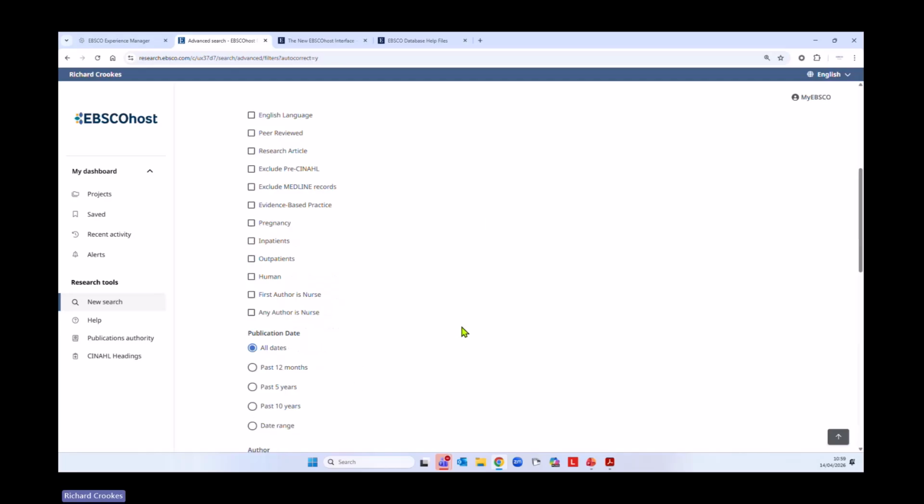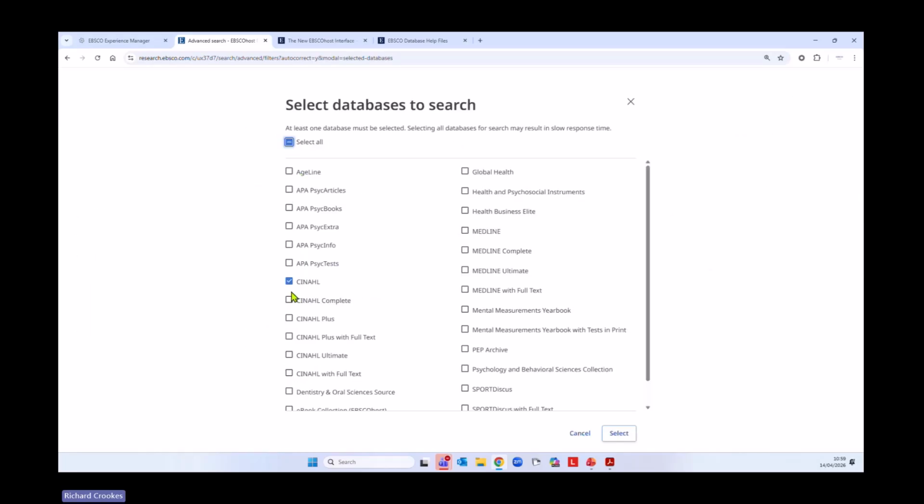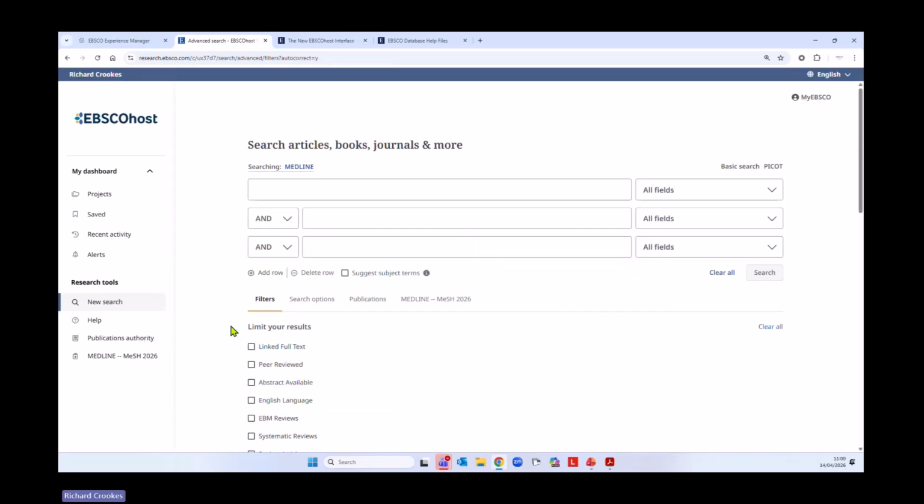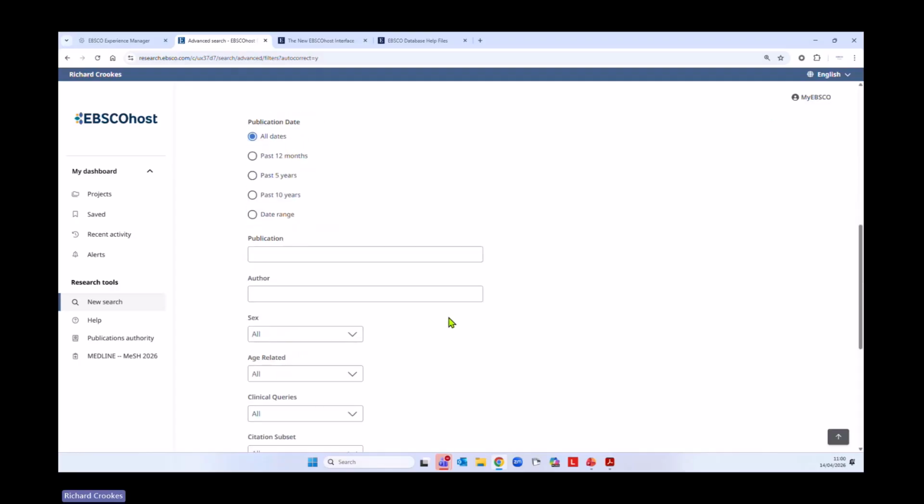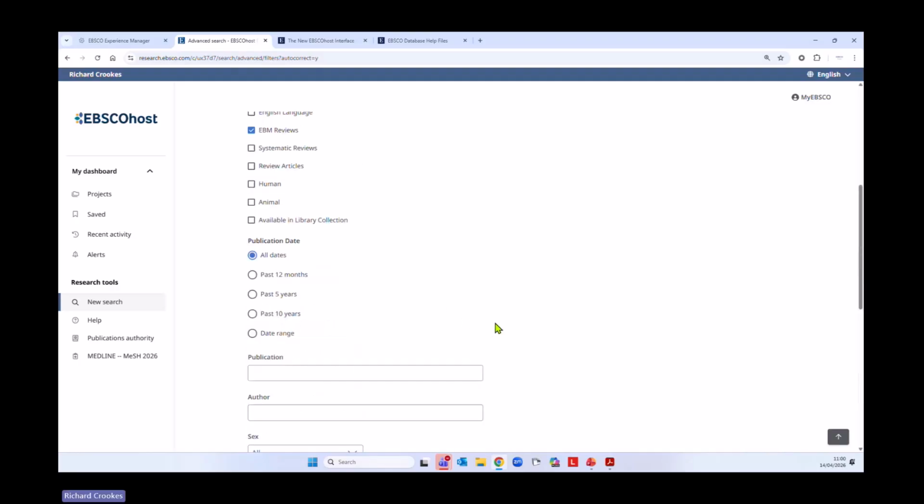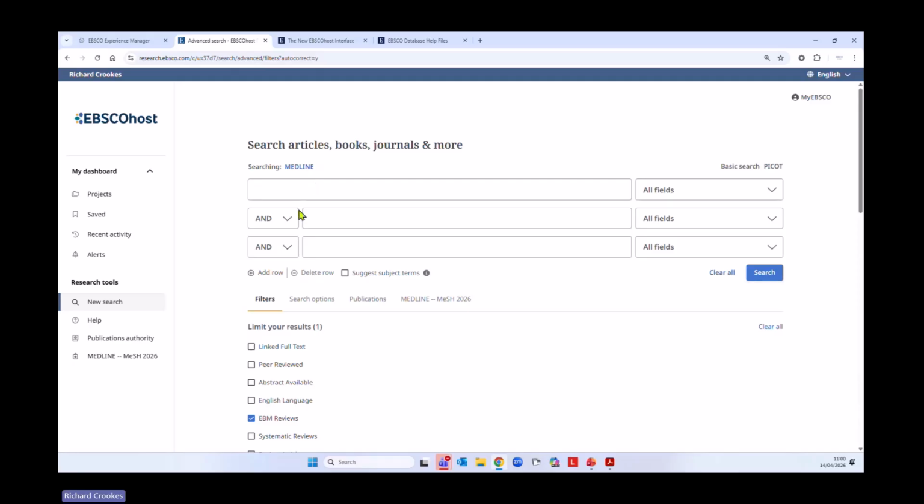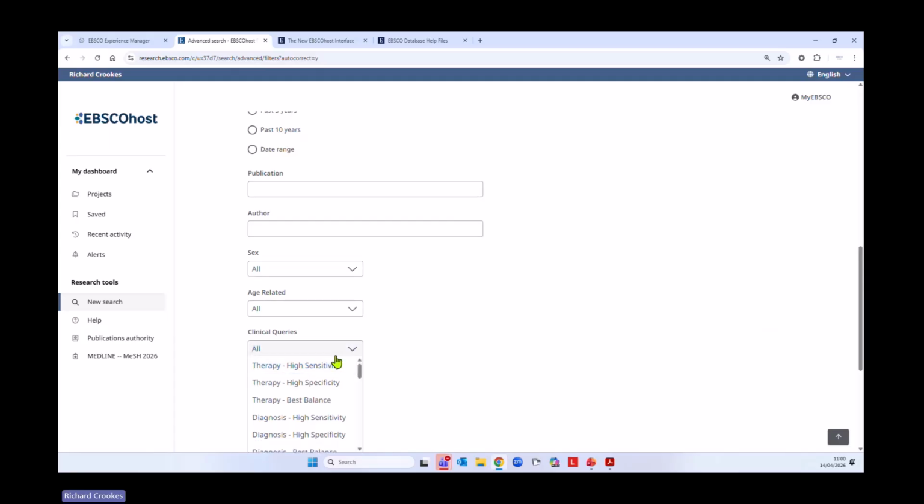Okay, now if we were to switch to MEDLINE, you can switch databases here. So if I go to MEDLINE and deselect CINAHL and click select here, you'll see on the same landing page, we've got EBM reviews and also clinical queries. Okay, so for example, if I wanted to run a search, let's do a clinical query here, let's do one for therapy. I'll do high specificity on,